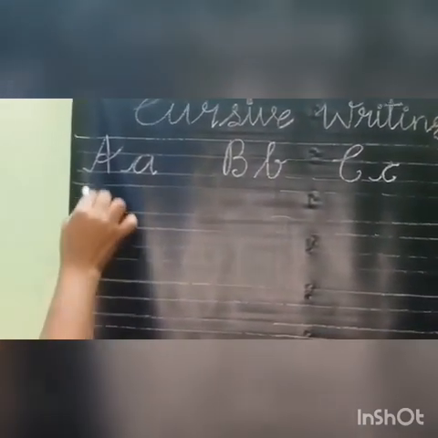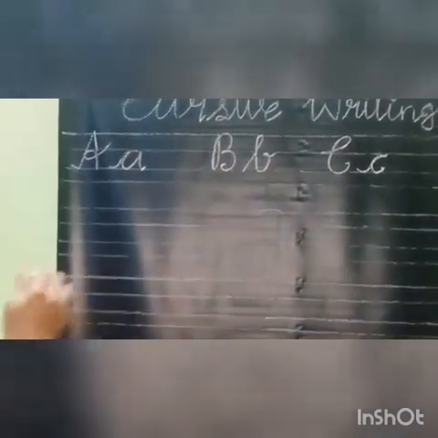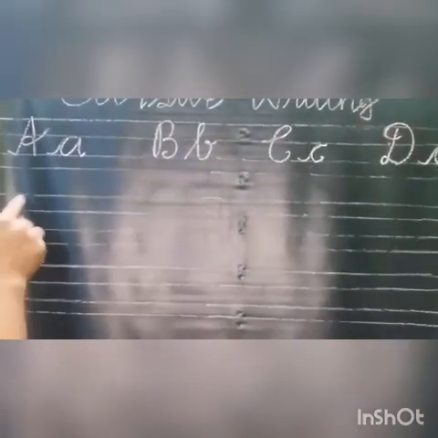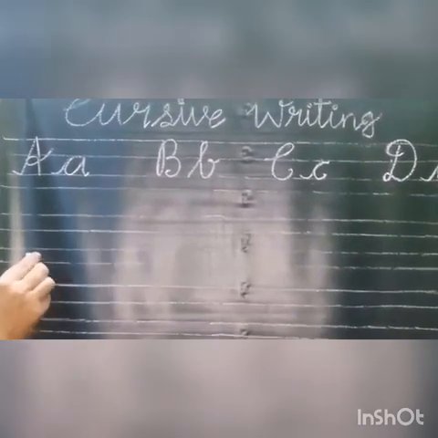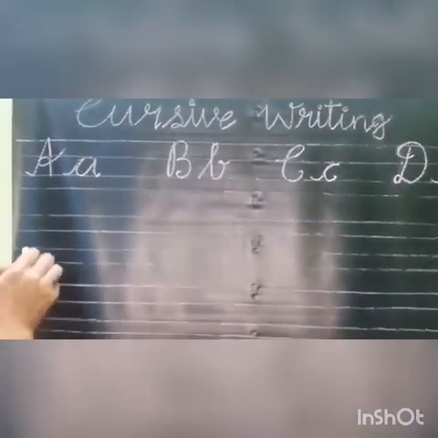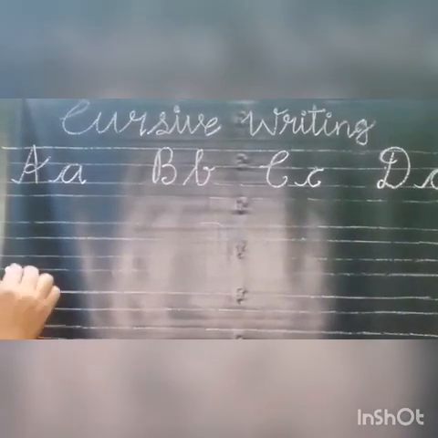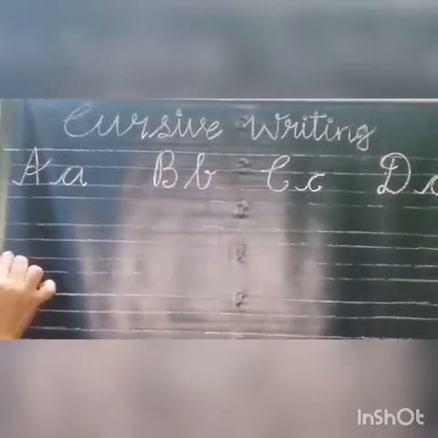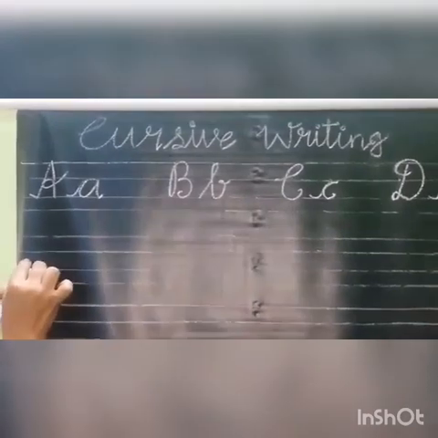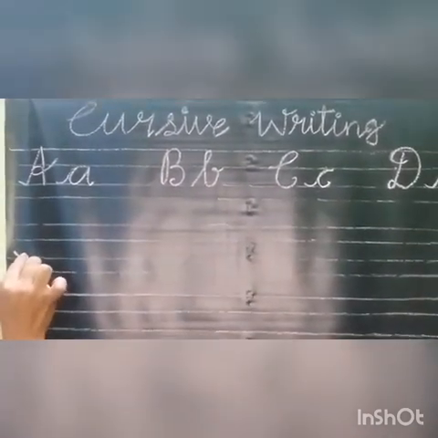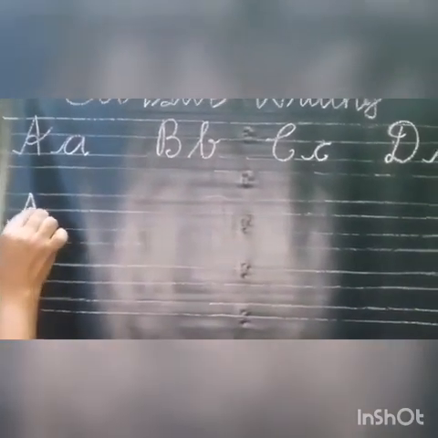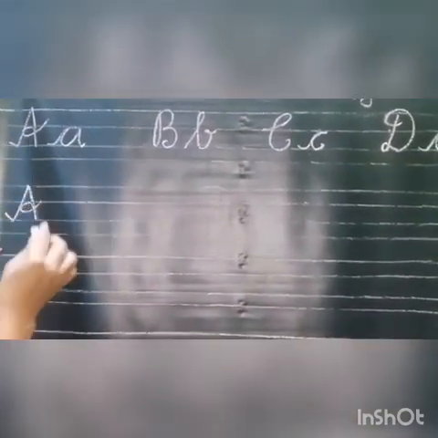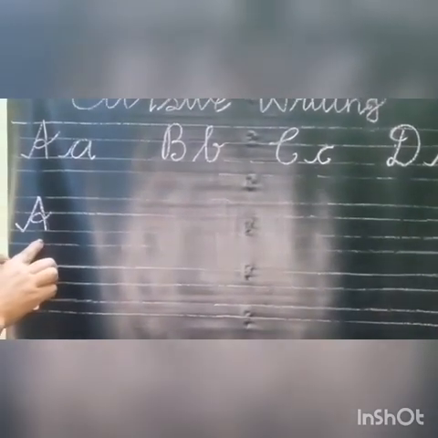Okay, now we are going to write the letters one by one. You have 4 lines. Okay, 1, 2, 3, 4. One thing, you start only with the third line. Now you start with this third line, go up and come down and make a curve on this side. You get alphabet A.